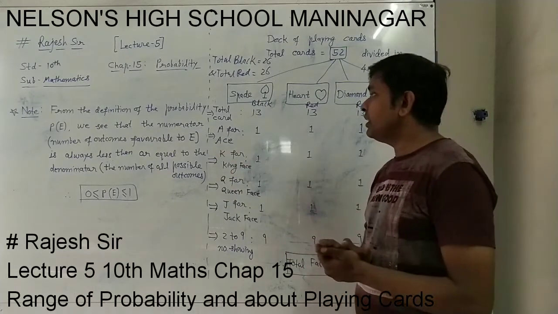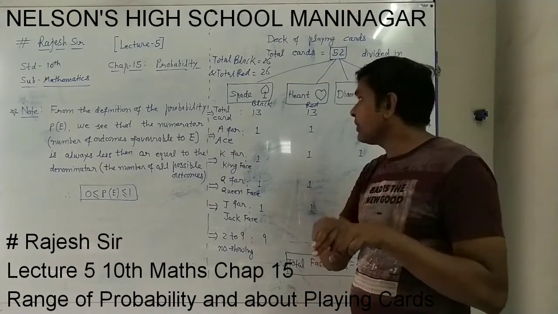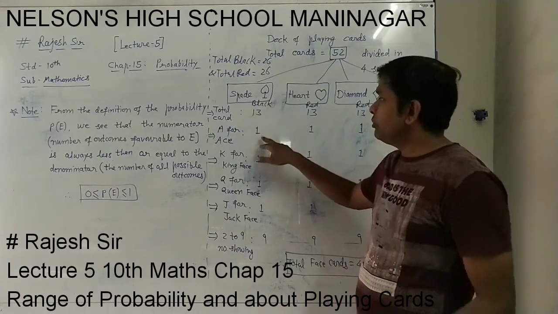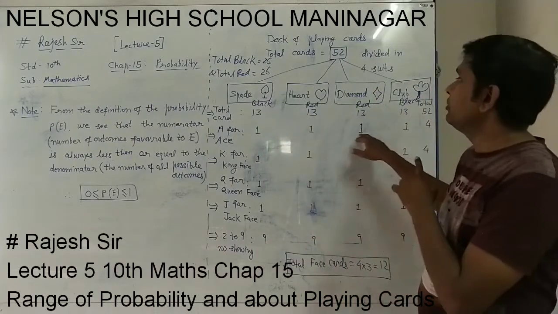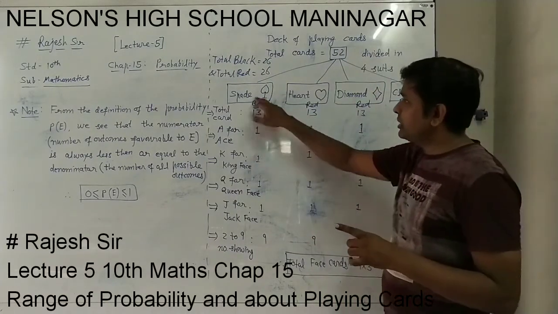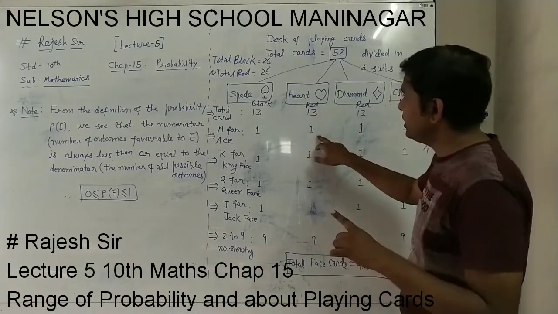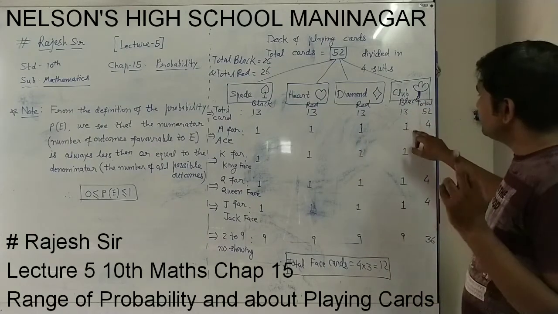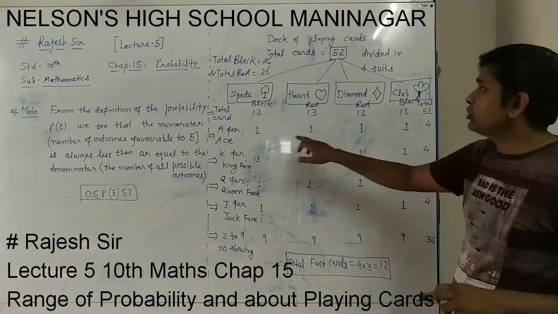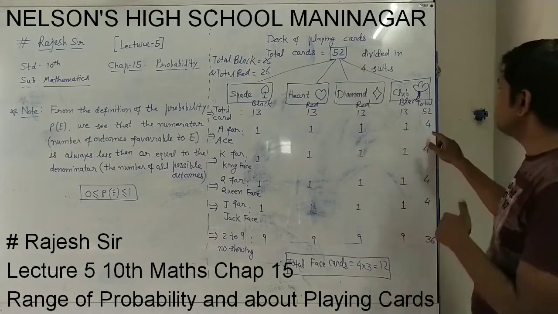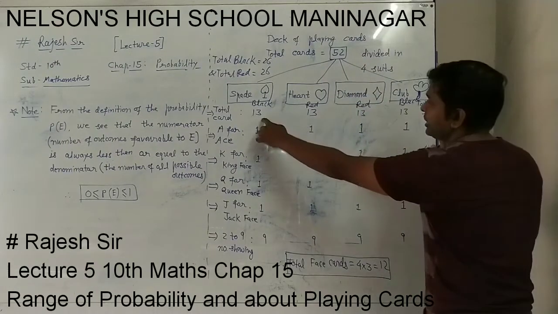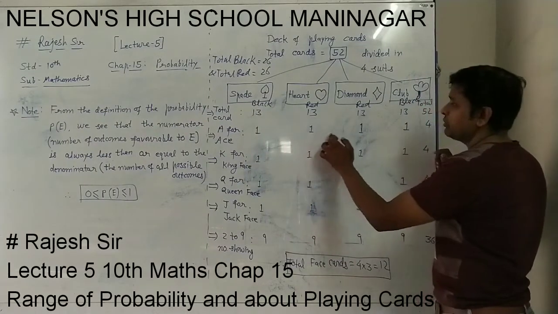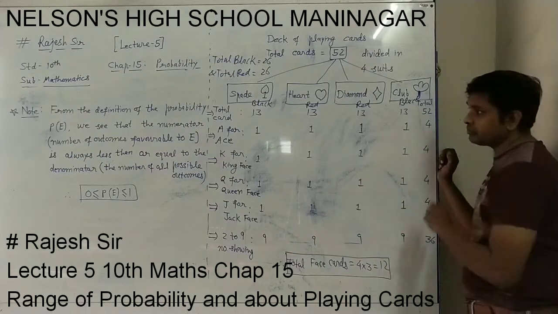In that you will find a card having A, capital A. That is called ace. It is there in spade, 1 only. In each suit it will be 1. Heart shape is 1, diamond shape is 1 and club shape is also 1. So in all 52, how many A's will you have? 4. All 13, 13, 13, 13, 52 cards. In each one A will be, so total A's is 4.